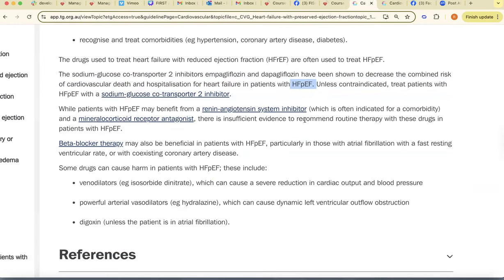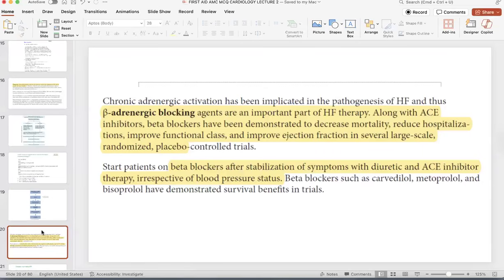Sometimes if we need to treat their high blood pressure, we can use ACE inhibitor or ARB. We can even use spironolactone in this patient. So all other medication can be used in preserved heart failure patient as well. Okay. Now, if we go back to our note,